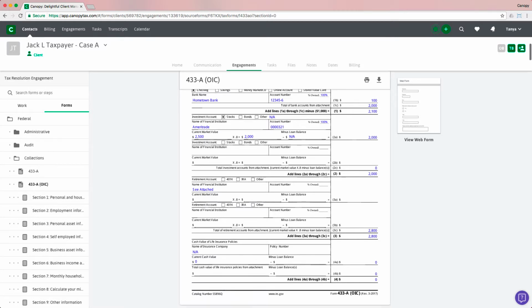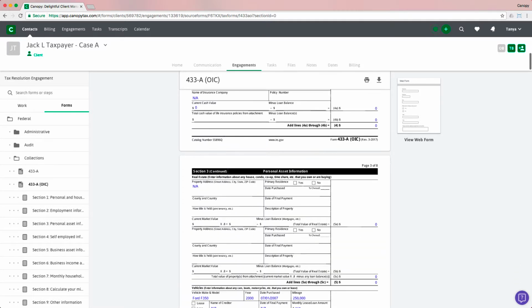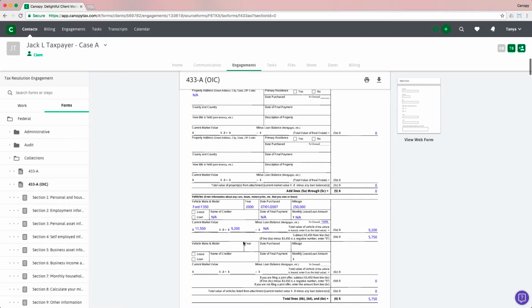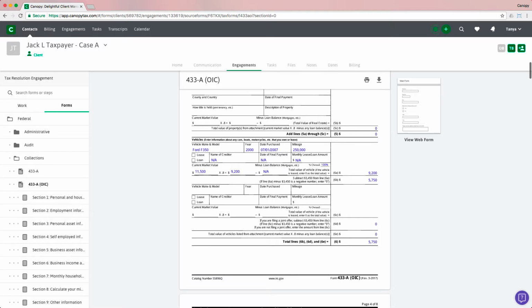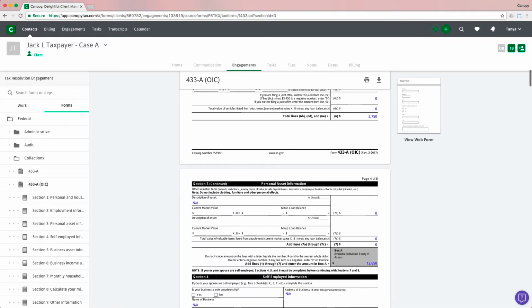So we have various assets in here. In the case of his vehicle, because it has an $11,500 market value, even after we take our 80% quick sale value, the $9,200 value left, well, we only get one exemption for auto of $3,450. So it certainly doesn't shave that whole thing off. So we end up still with $5,750 for vehicle equity. So if you're considering his investments and his vehicle and his cash all together, he has